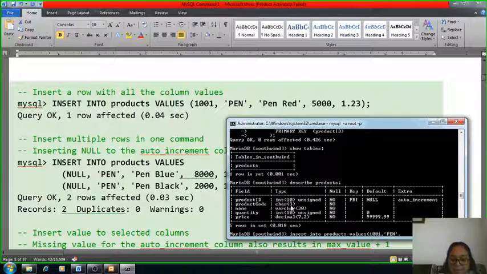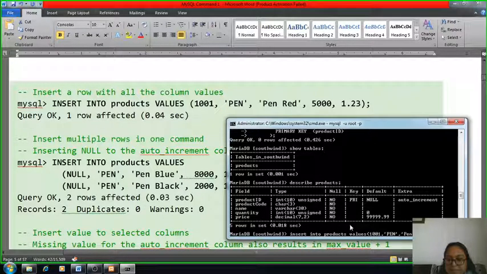Then the name, pen red, then the value 500. The first value is an integer, then this is a character, maximum size 3, and a variable character of 30, so we can enter up to 30.